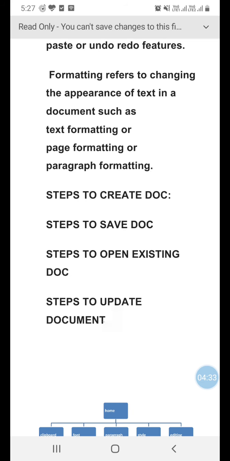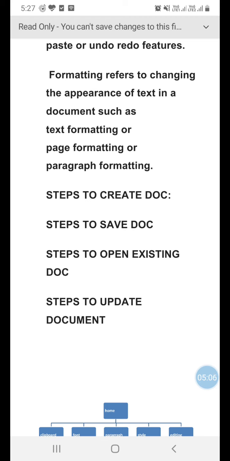If you want to do the task again in your existing document, we should open the existing document. For opening an existing document, we should click on the Office button and select the Open option. After that, My Documents should be available. If you have saved your document in My Documents, you should select the file name. Otherwise, you should navigate to the location where you saved the file.